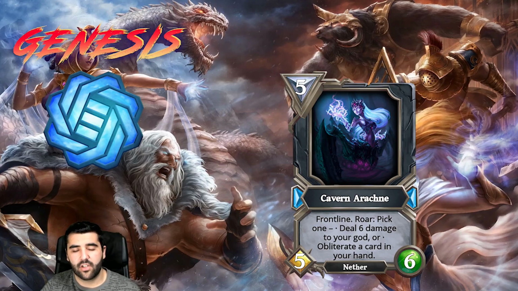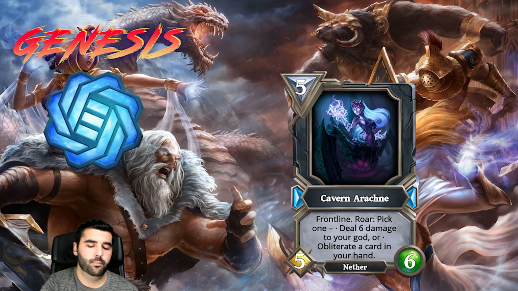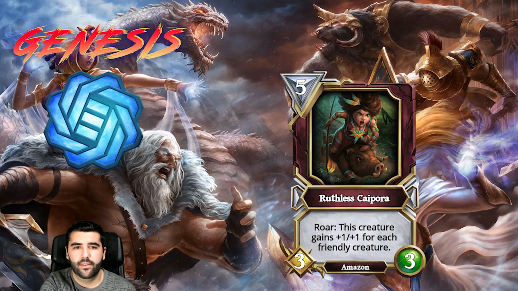I think that this card should be at least a 6/6 or even a 6/7. Because we're keeping with the theme of having a lot more health than attack. I would say that this needs to be a 6/7 for the downside that you're getting, because you need to compare this with things like Crimson Oni and things like that. So I'm gonna put this card at the 3-star category. It's okay. Then we have Ruthless Kaipora, which is the same as the Martyr, the Field Martyr, but more expensive